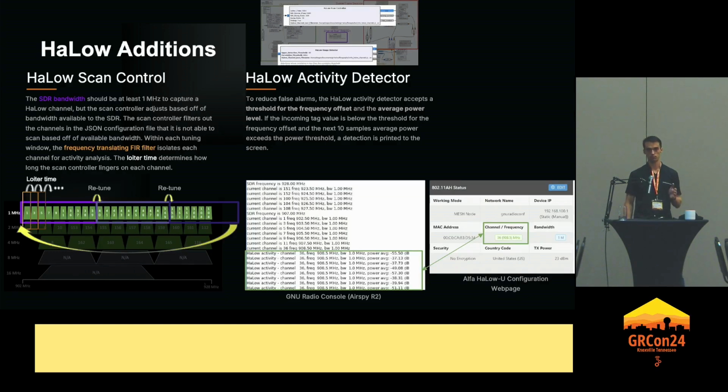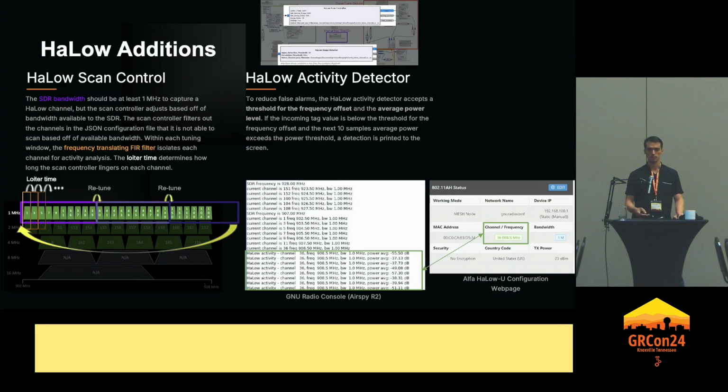Then it uses a frequency translating FIR filter to sweep through each of those channels with a given loiter time that you have for that channel. We'll get into this in the video demo, but I did notice that longer loiter times had a better chance of reliable detections, but obviously at the trade-off that you're lingering on channels a little bit longer.